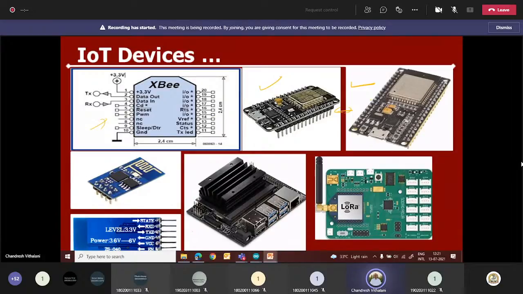And if you have an Arduino board and you want to convert that into a NodeMCU board, you can connect this ESP8266 module with that. This is a Wi-Fi module which you can connect with an Arduino board to give Wi-Fi connectivity to the Arduino board. You can also use this Bluetooth module.